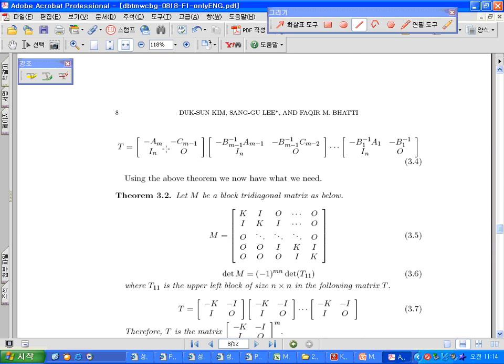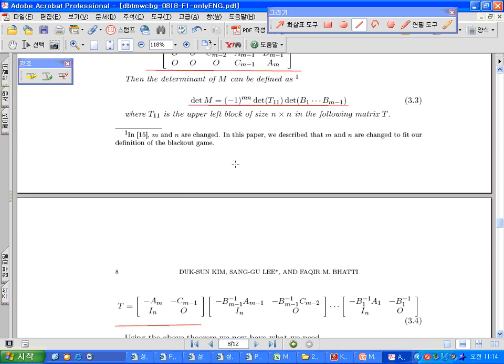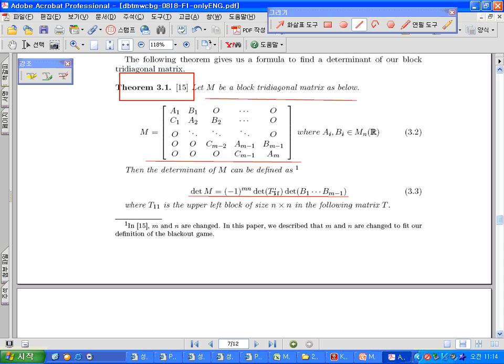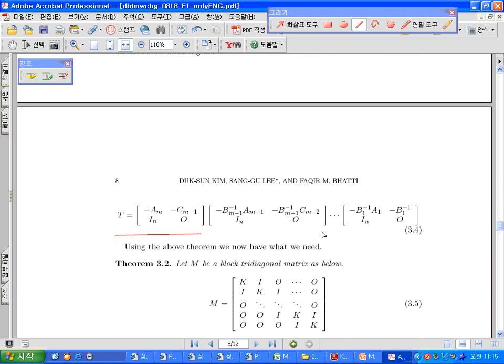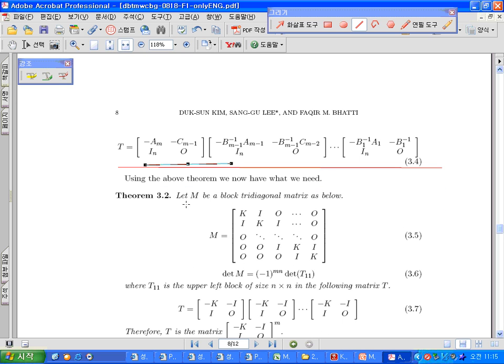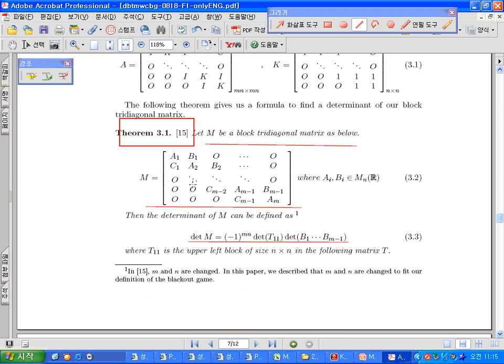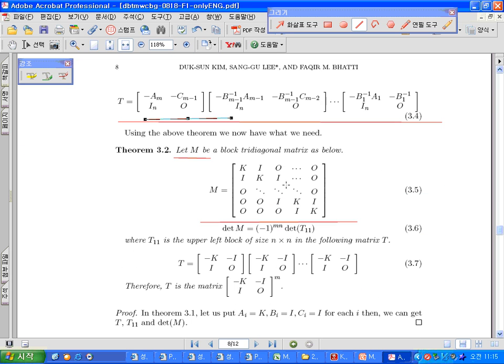So if you take a look, this matrix T, T11, can be a product of these matrices. Our matrix is a special case of the above M. Now this and this. This was our matrix. We have